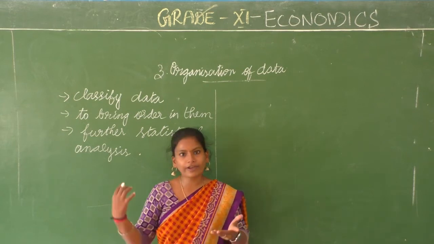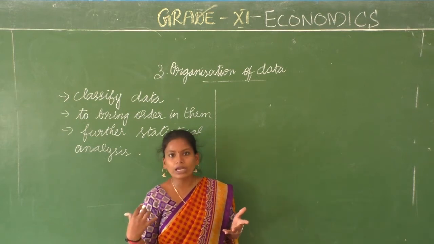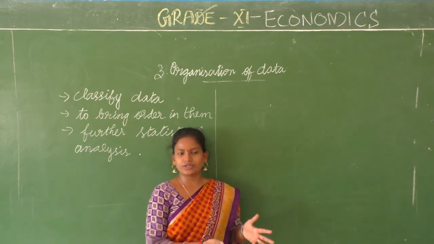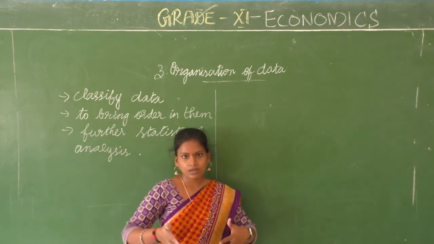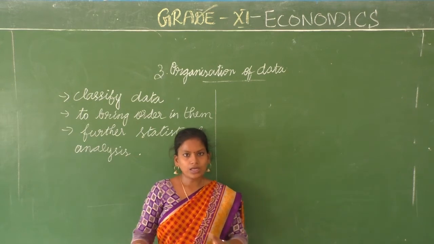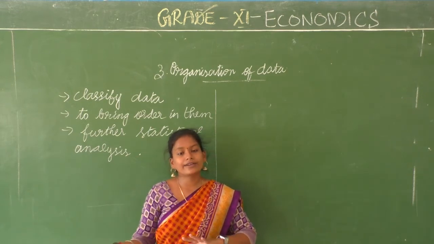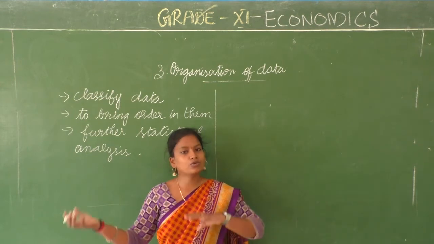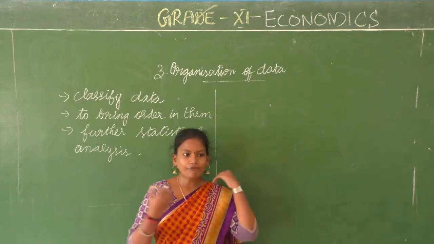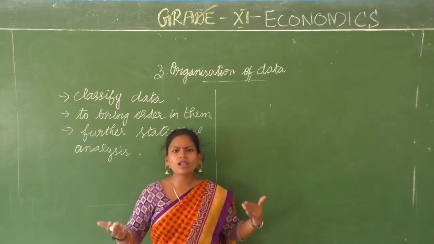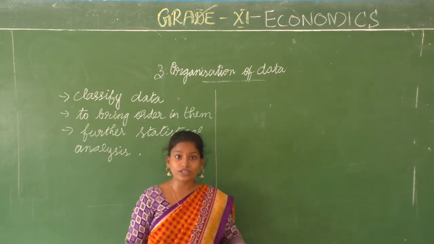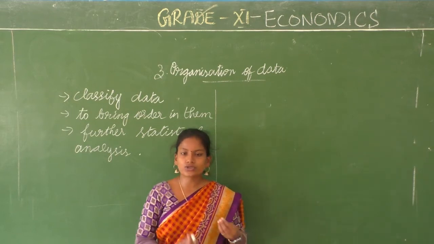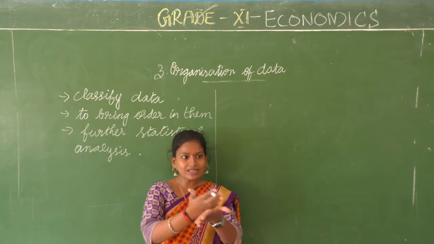How will you classify? Have you visited your school library? How will it be? Subject-wise. Right? English department, Tamil books. Okay, Hindi books. Then you will have books related to economics, related to maths, some other reference books of physics, of chemistry, of biology, all other subjects. General knowledge books will be in one section. Then you will have novels and stories in one section. So all these are there.